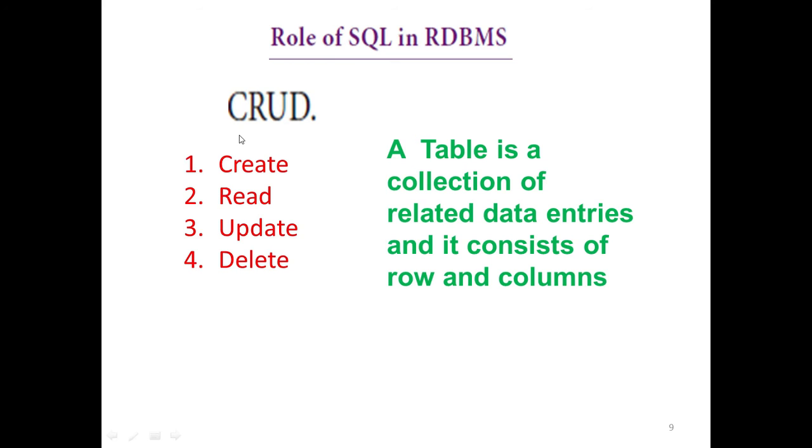All the processes can be performed on a table. We learn about tables elaborately in the practical session. You already saw tables in the last session. What is a table? A table is a collection of related data entities and it consists of rows and columns. For example, if you see a timetable or mark table, it contains rows and columns. Okay. We learned this in the last session also.